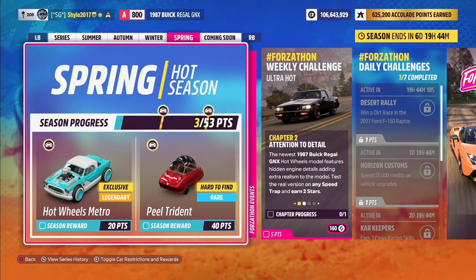So there are 2 cars available for season rewards this week. For 20 points we have the Hot Wheels Nash Metropolitan. This is an exclusive, it has just been added in Series 9 and the only other way to get this is via wheel spins or the auction house, which are not in the auto show. It is a really cool car. It was in Horizon 4 as part of the Hot Wheels Legends car pack, so if you haven't driven it yet I'd highly recommend spending yourself about 20 to 30 minutes unlocking this car